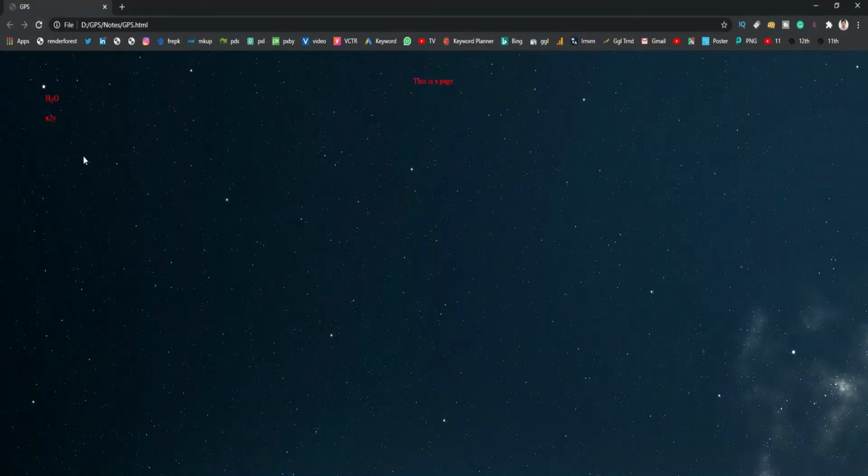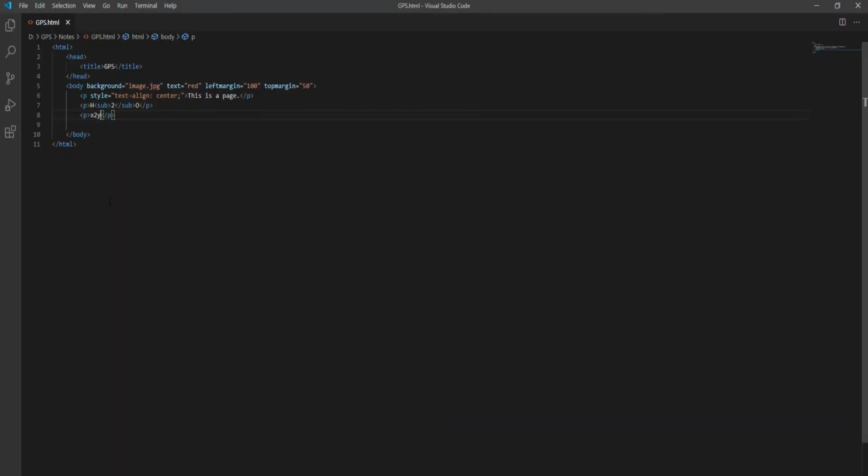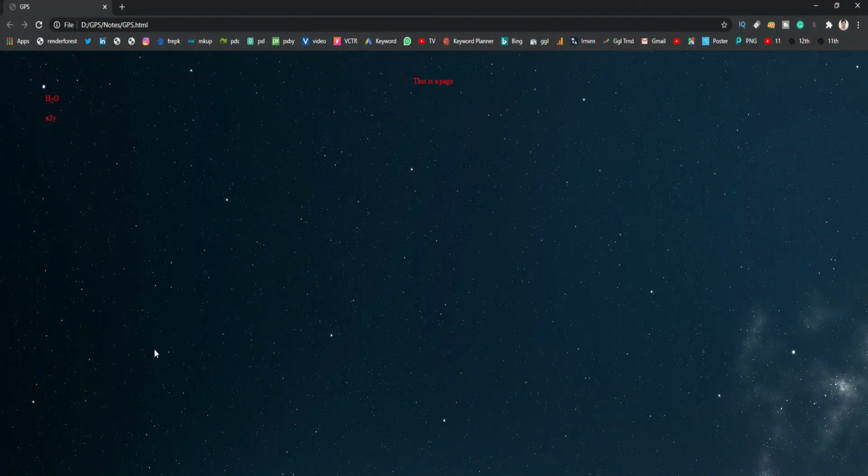Go back to the page and it is not correct according to your math subject. How can we do it? We have to use the superscript tag to convert this equation perfectly. Now as you can see, this is x square y, right? So with the help of the superscript tag and subscript tag we can write our equation according to our requirement, right?